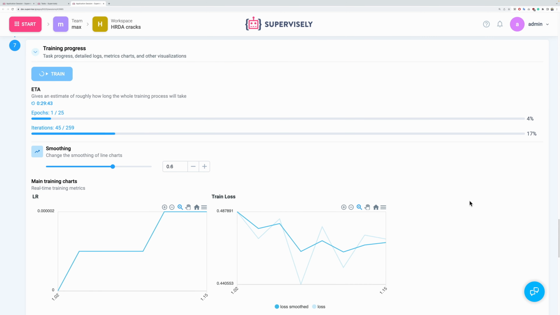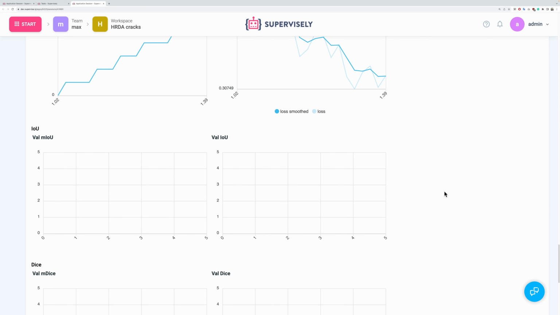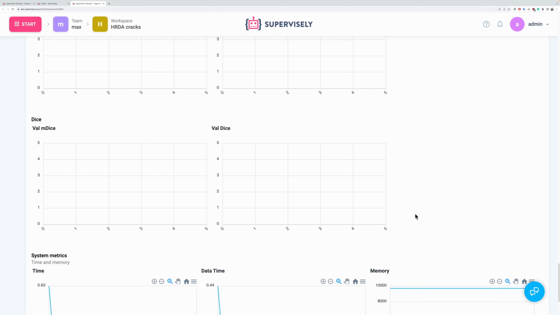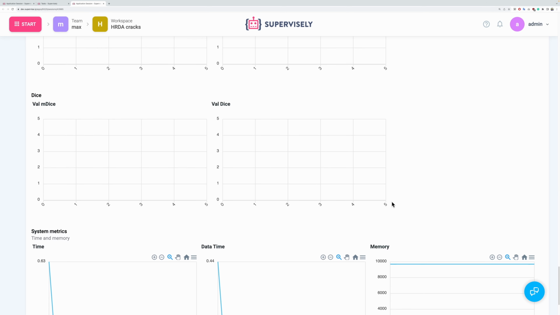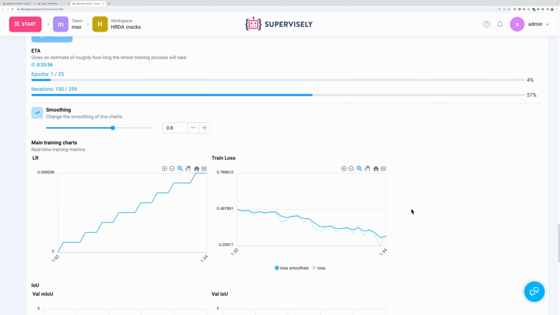As you can see, we see here the progress bar for epochs and for iterations inside an epoch. We also see here some training charts: learning rate, training loss, validation accuracies. Once the epoch is finished, we will see them here, and some other metrics. Thus, we can monitor the training process in real time, and I think in about 20 minutes the training will